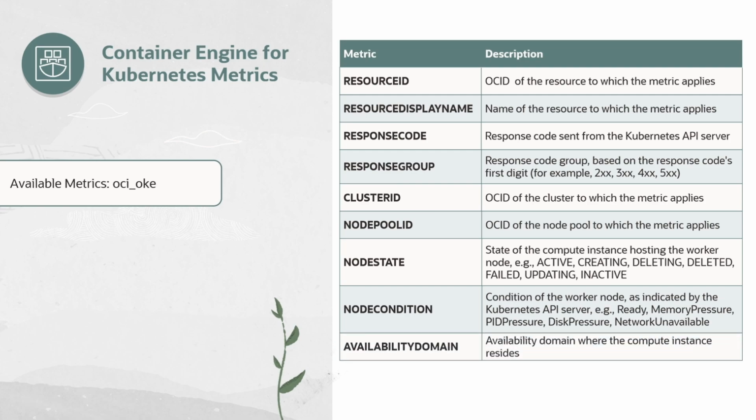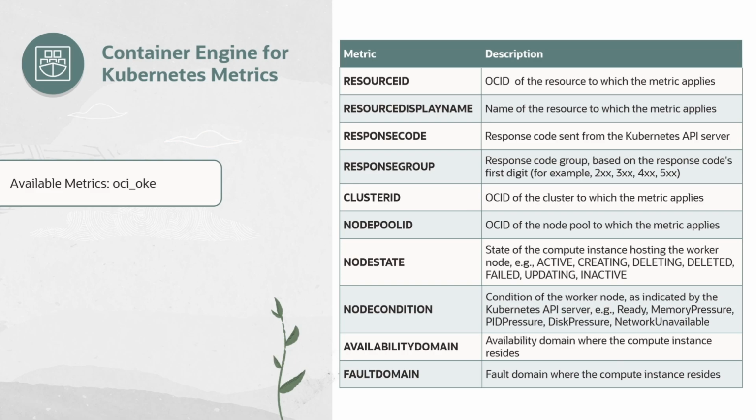Moving to infrastructure details, availability domain indicates the availability domain where the compute instance resides, a critical piece in understanding the physical location and redundancy of our resources. Finally, fault domain emerges as a metric, highlighting the fault domain where our compute instance is situated. This is pivotal for resilience and fault tolerance, giving us insights into the geographical dispersion of our resources. Each of these metrics is a powerful lens into the dynamics of our Kubernetes clusters, offering clarity and precision in